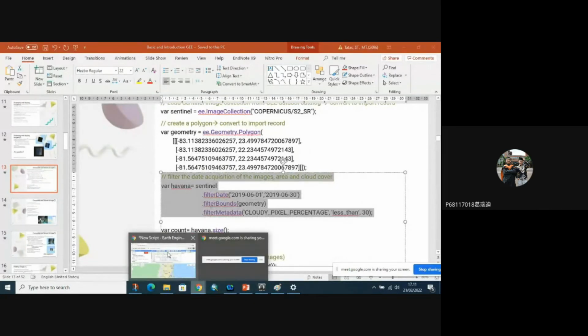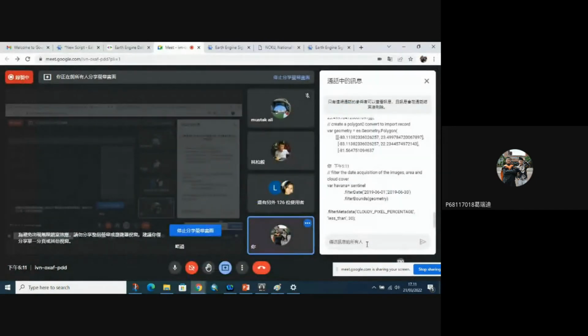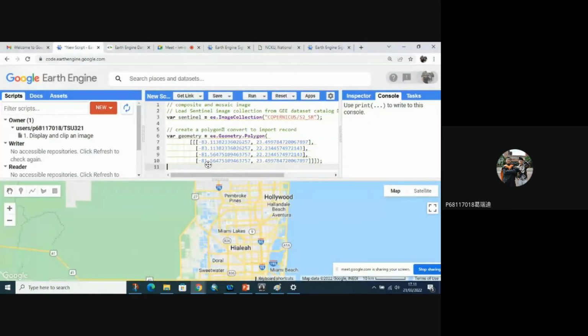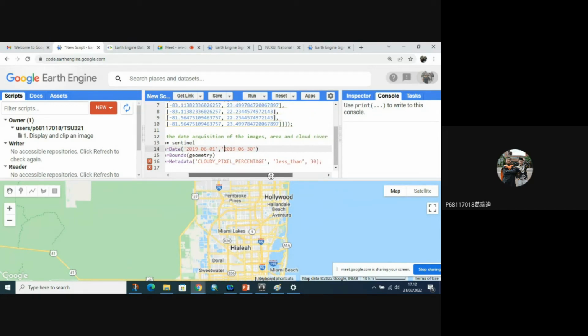And this one, yeah, this one you can copy to your code. Oh yeah, if there is a warning notification, retype the quotation marks. Okay, everything is fine.